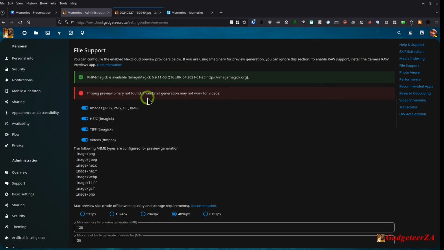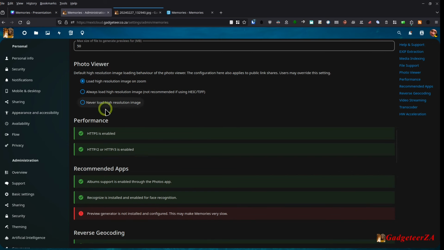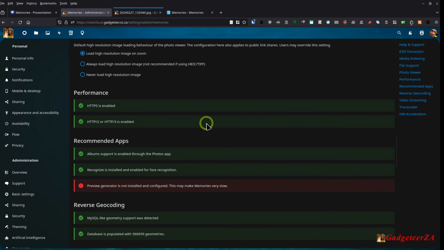Don't worry too much about certain warnings, because in many cases it's using the other option. So read the information here. It doesn't mean because something is red it's broken. It just means that maybe you're using the other option. One thing it doesn't do, of course, is I forgot to mention that it doesn't do a resize on upload, and I don't think Nextcloud does either, so that is a little bit of a pity. Yeah, you can set your photo viewer size,